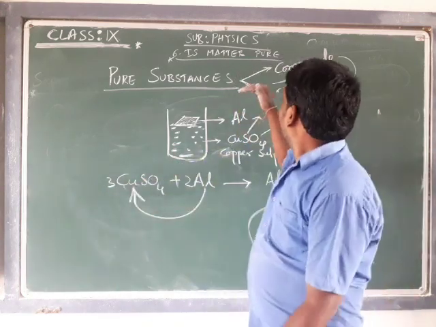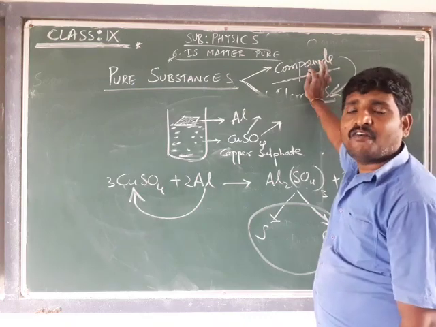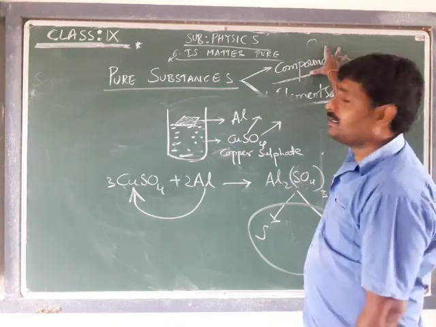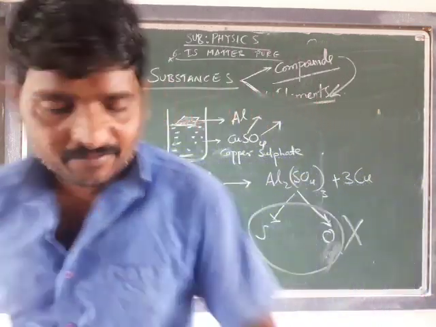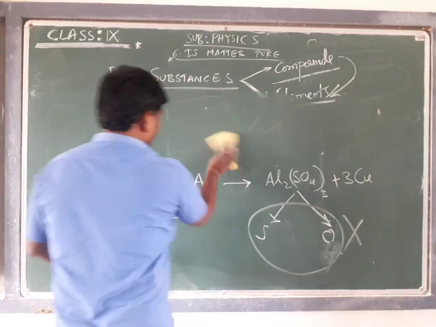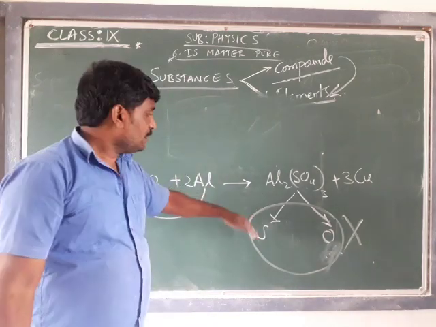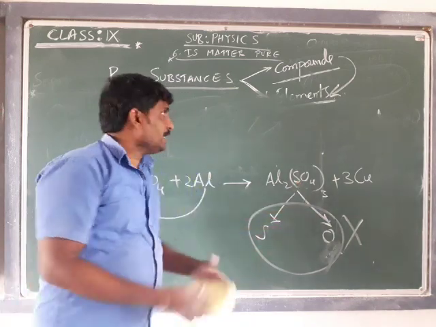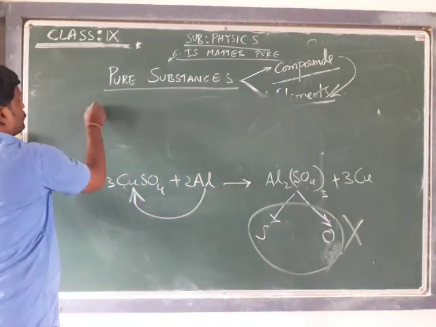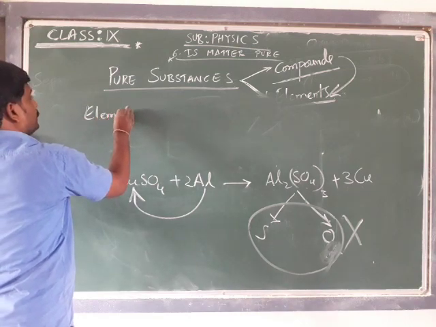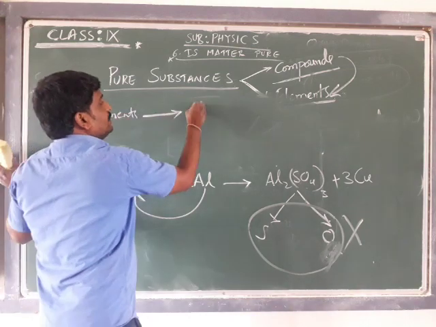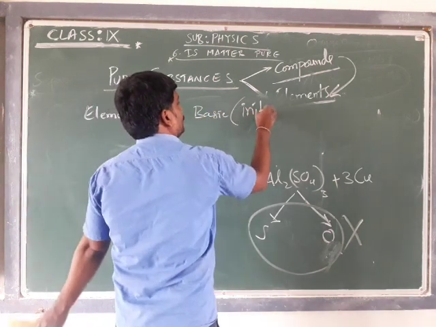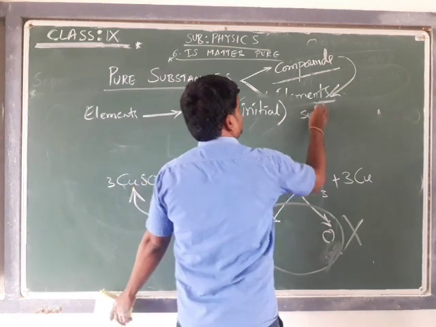That means compounds are chemically formed, chemically bonded. Elements, if they chemically bond, are going to form compounds. What does it mean at the final stage? We cannot separate sulfate and oxygen as they are chemically bound. That means an element is a basic or initial substance.